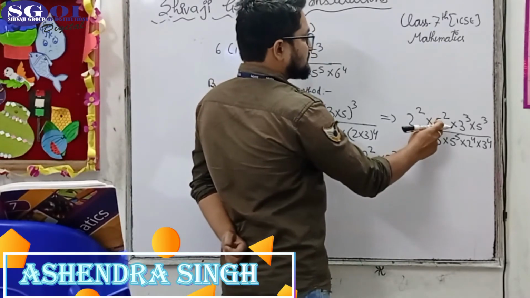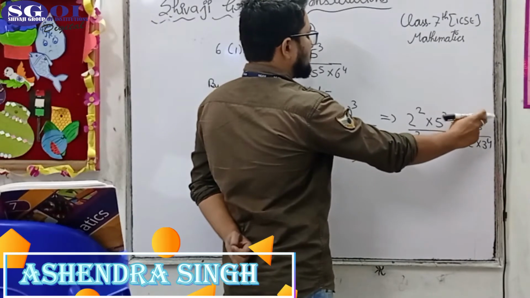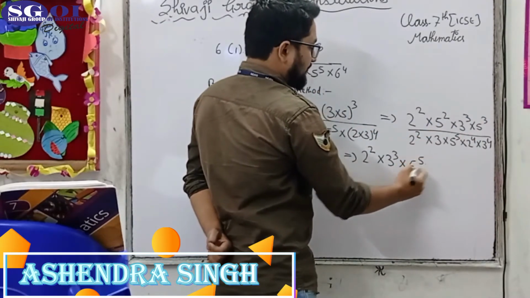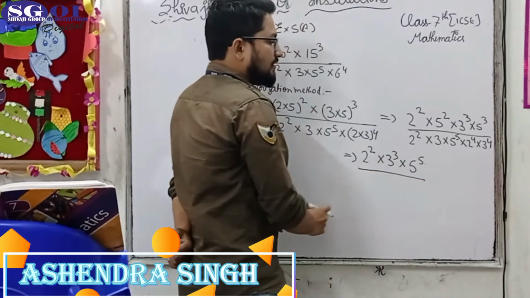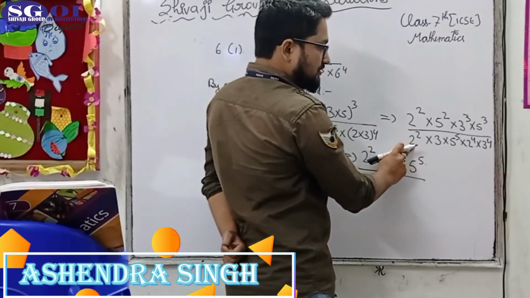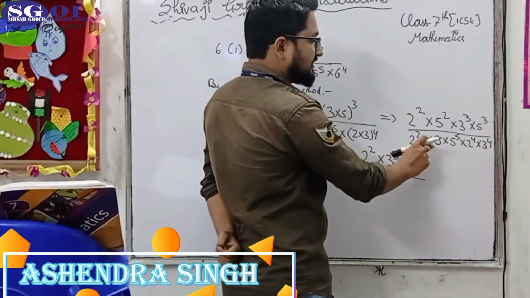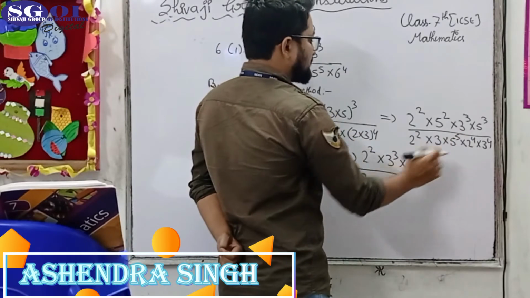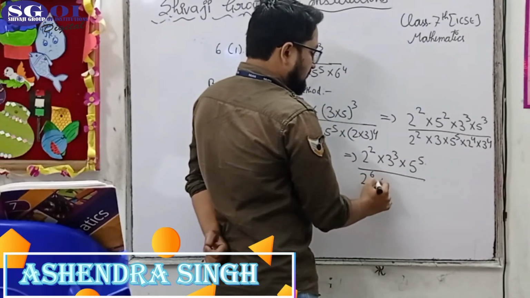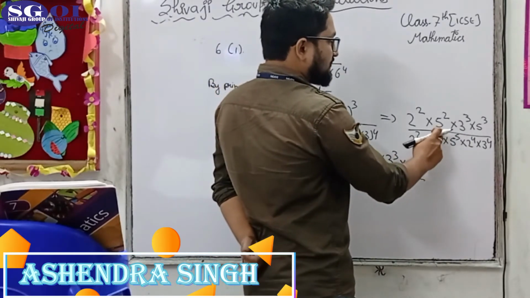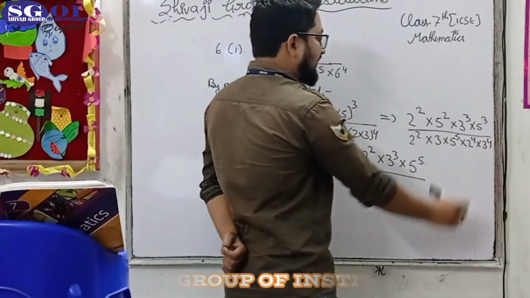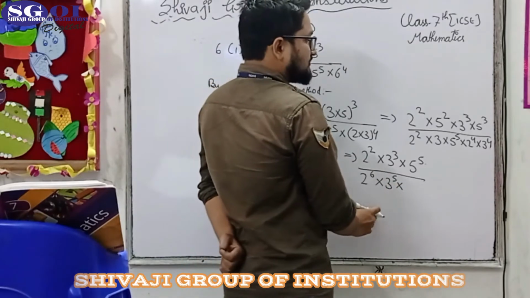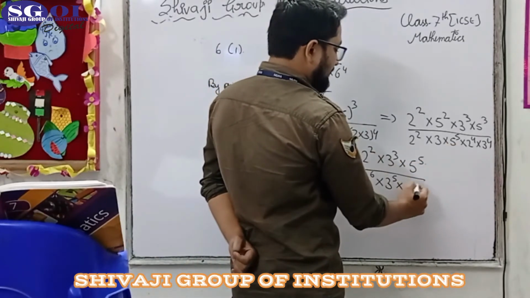So this will be 2 to the power 2 multiplied by 3 to the power 3 and multiplied by this 5 to the power 2 and 5 to the power 3, then powers will be added, so it will give us 5 to the power 5 upon, here you can see 2 here and here as well, same base, then again we will be adding the powers, so this will give us 2 to the power 2 plus 4 which is 6 multiplied by, this is 3 to the power 1 and this is 3 to the power 4, again we will be adding the powers, we will get 3 to the power 5 and then this is 5 to the power 5.